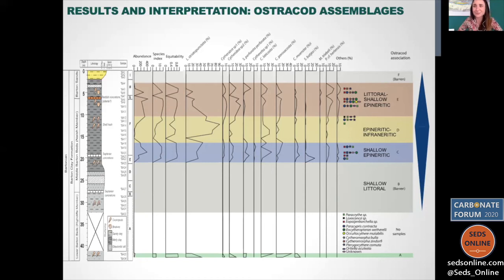Actually, this was the first results I had, so I still have to put all my results in a more general framework to understand better what's happening. Because these are the results from the region, what's happening in the Hampshire Basin, but I would like to put this in a more general framework.